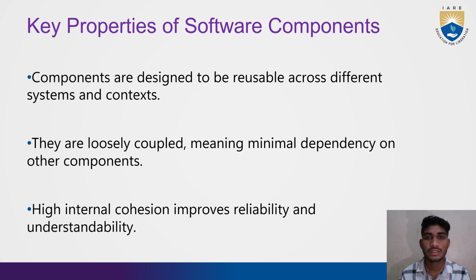Key properties of software components. Okay, what are the key properties of software components? Components are designed to be reusable across different systems and contexts. They are loosely coupled, meaning minimal dependency on other components, and high internal cohesion improves reliability and understandability of the systems. Okay, and our next slide is